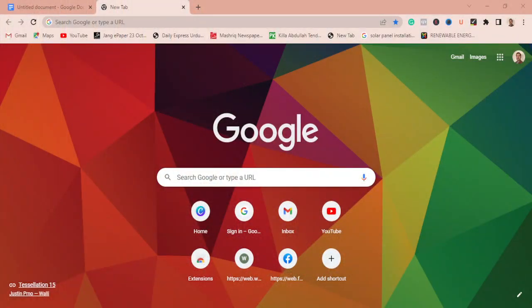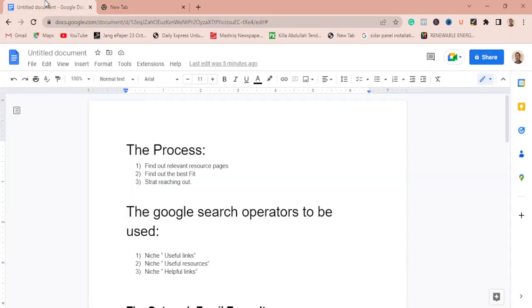So let's get started. First, let me show you the process, right? The process is the same as we discussed in my previous tutorial called resource page link building technique. The first thing is you have to find the resource pages. The second step is going to be finding the best fit. Now, what is the best fit? If you don't know, please go back and start watching this playlist from the scratch so that you know